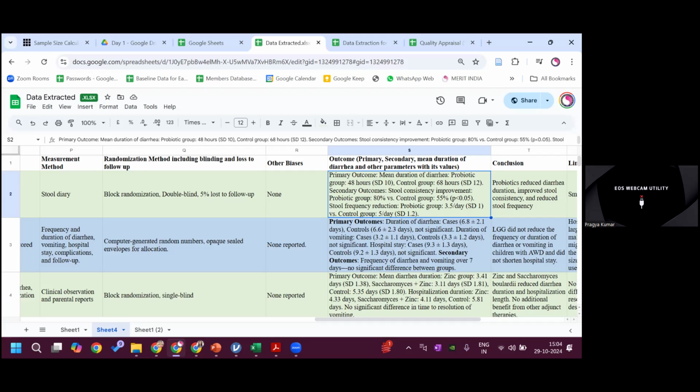Then we will demonstrate the type of data you have entered and how we can extract that, because the software which we are using is the Jamovi software. For all practical purposes, because we are not going to do a very large number of studies as Cochrane does, most of you should be able to do it on Jamovi, because it gives you all three options, like the 2x2 table, the mean difference, and effect size also.